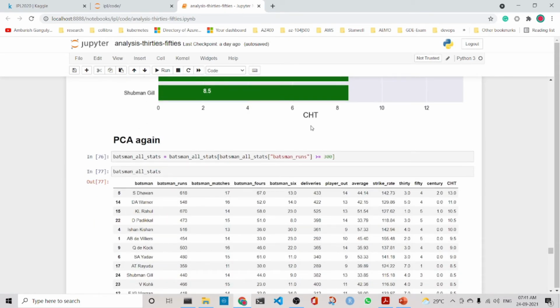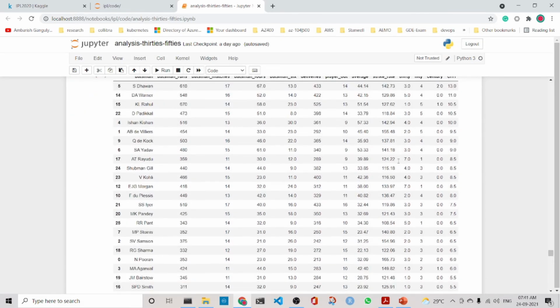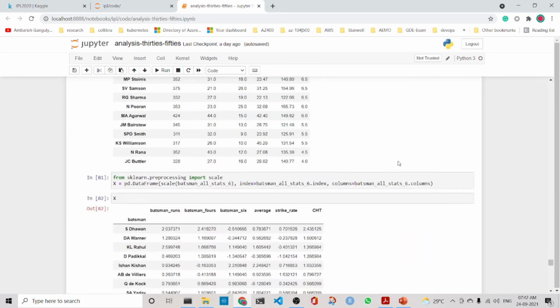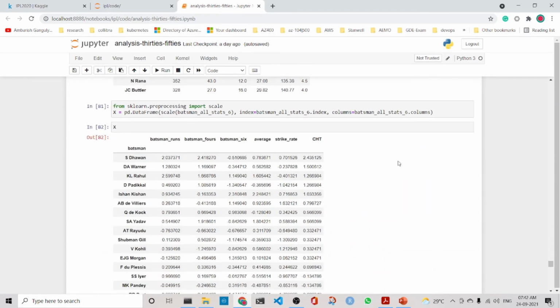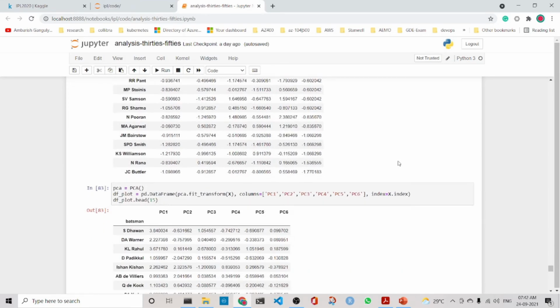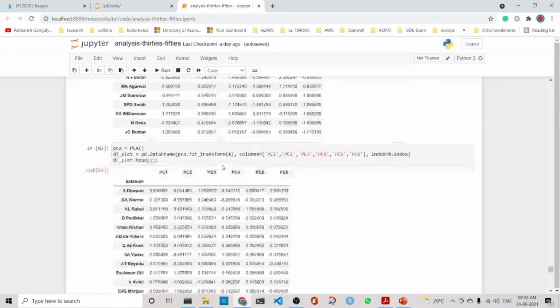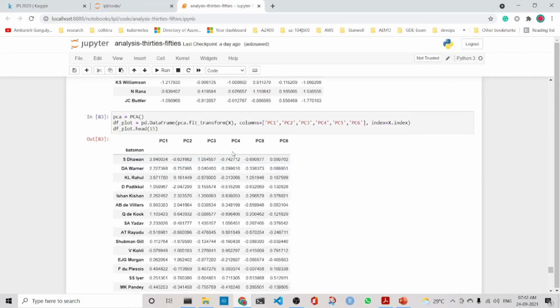Then we do a PCA again, and we take only those people who have scored more than 300 runs. We go here, and then we do the PCA, and the same concept here. We scale the values before we do the PCA, and then we do a fit transform.